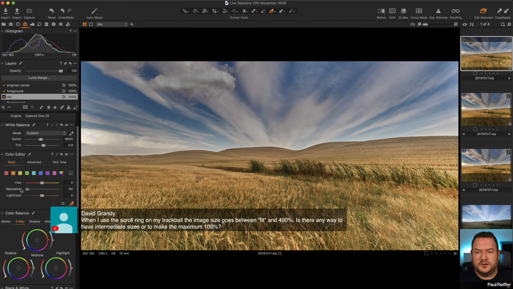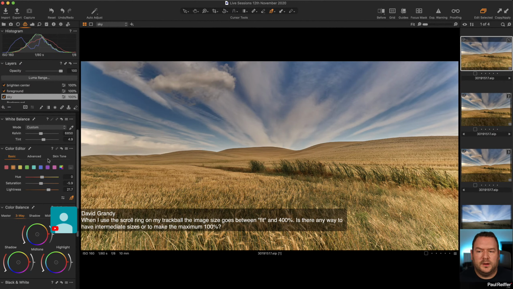And I can pull down the saturation. Now, not too much, you can see it going green, but I can pull it down a little bit, and I can increase the lightness just a touch as well. So if I do a before and after, so that's with off, and that's with on, we can see that